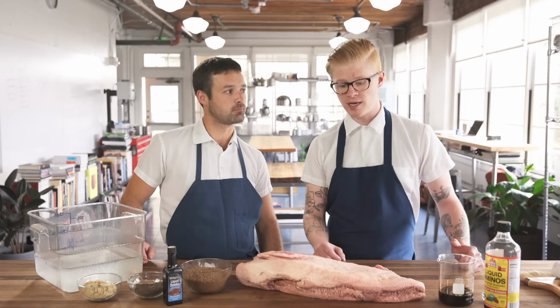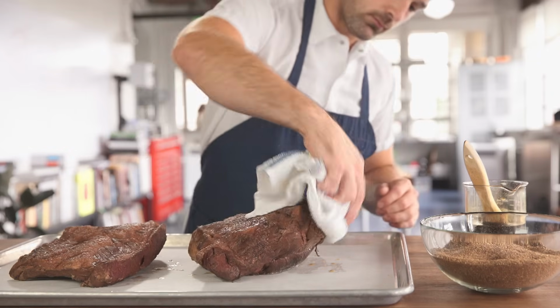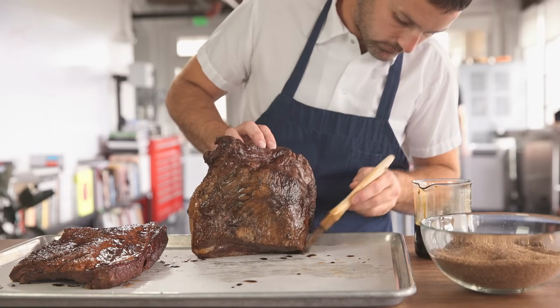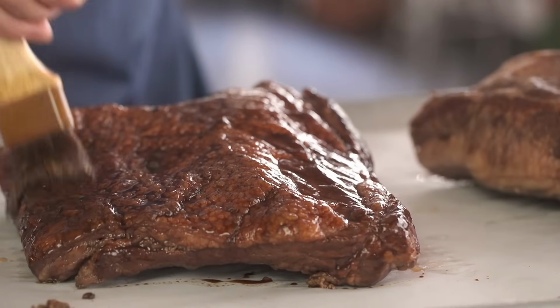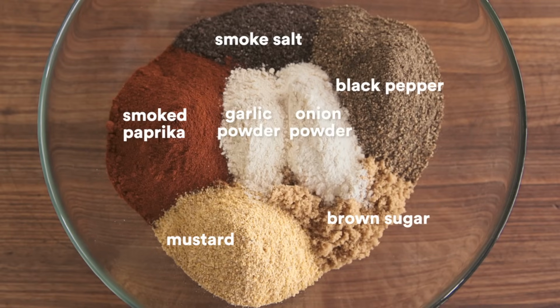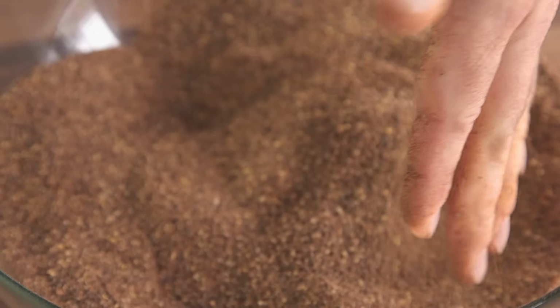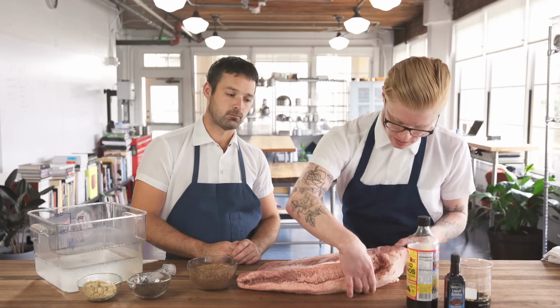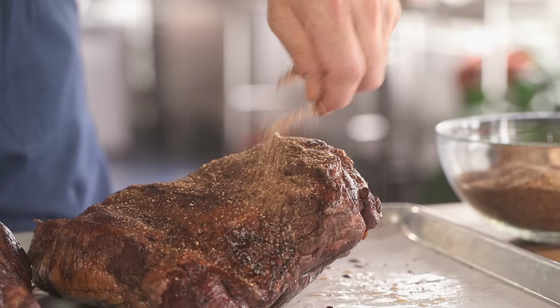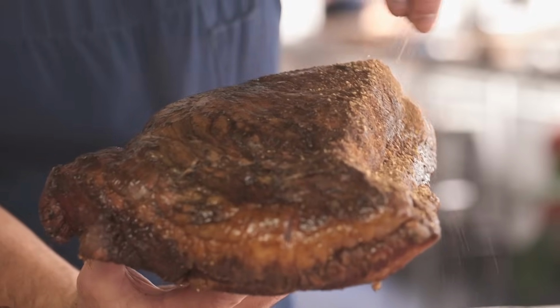Once it comes out of the bag, we just like to dry it off a little bit and get our little glaze that we made earlier and brush it all over. This is gonna help with color and flavor. It's also gonna make the surface tacky so that we can add our brisket rub. It's pretty classical. It's heavy on black pepper. It's important to really get that bark on there because with the tip here, it's so thick, you really want to get a nice crust on it so you get those heavy aromats and those black pepper flavor throughout